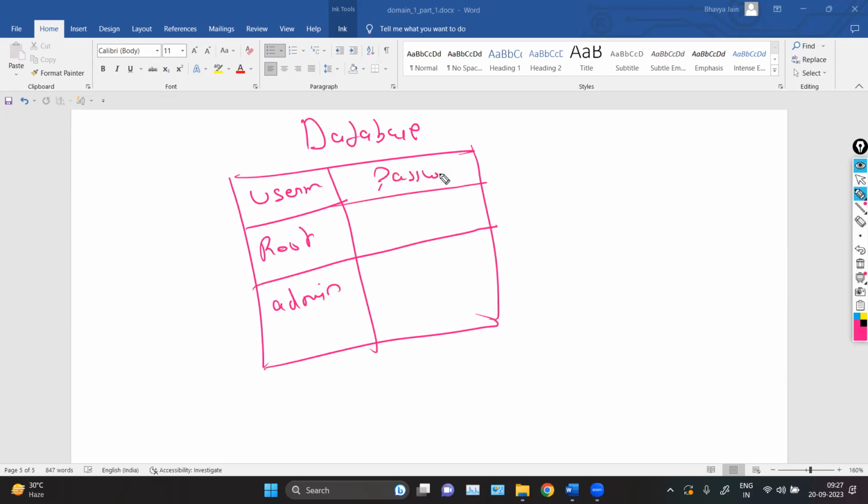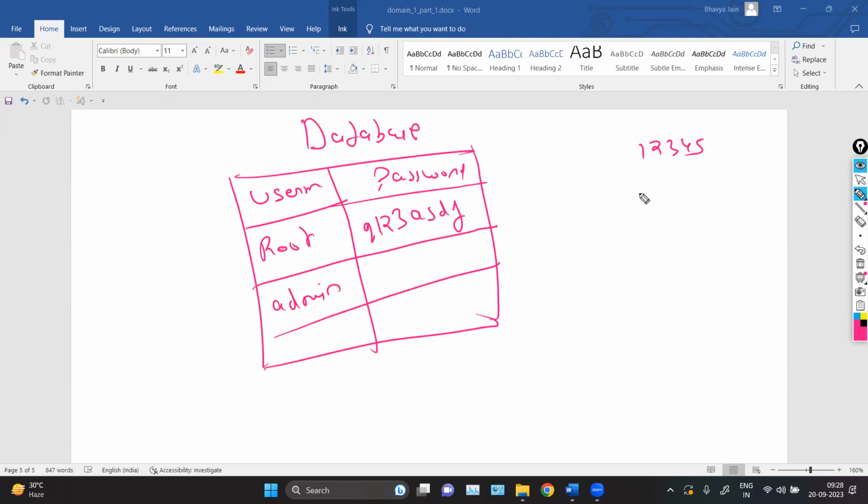Now instead of storing the passwords, we are storing the hashes of the passwords. Let's say the password of root is 12345. Now we have the hash of this, which is like anything. So this is the hash, which is a combination of hexadecimal values, a combination of numbers and characters, or it can be only alphabets also. It can be anything. So now this is a hash value.